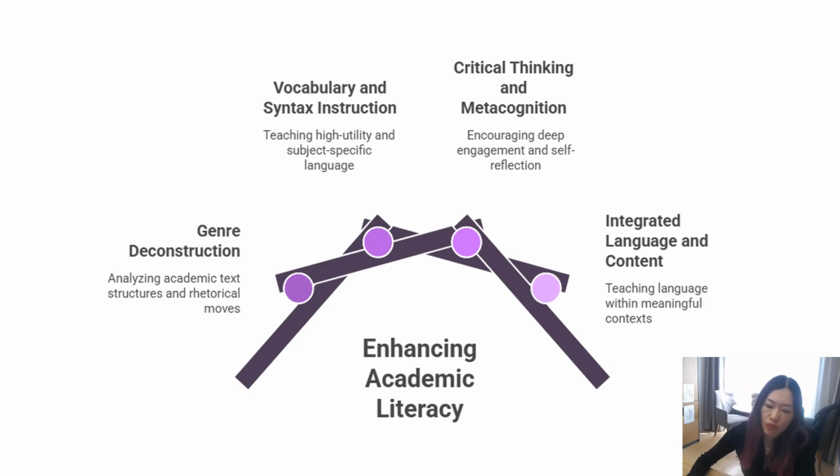So we can use authentic suggested reading texts from the course, deconstruct the model, and analyze not just the content, but the rhetorical moves. We could ask students questions like: how do authors establish the research gap in the introduction? How do they use citation to position themselves within a scholarly conversation? How do they use hedging language to discuss findings without overstating them?